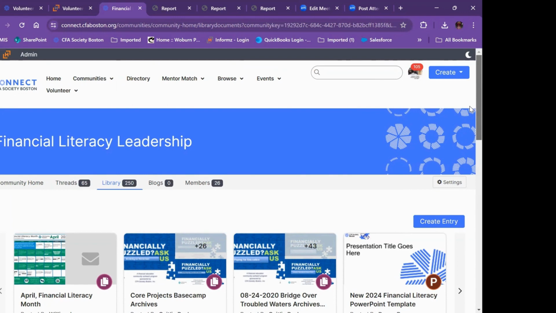And we'll have some guides and tips and tricks available to you all in the coming weeks. So that is something to look forward to. You can always take pictures and send them to myself, or to our finlit@cfaboston.org email, and we can post that on behalf of the society on LinkedIn. If you're posting before the guide is out, I would like to remind everyone that you do not speak on behalf of the society, but you can state that you are a volunteer with CFA Society Boston and you presented to XYZ